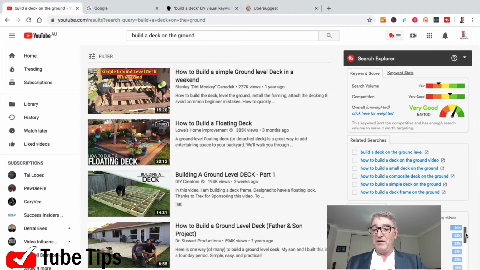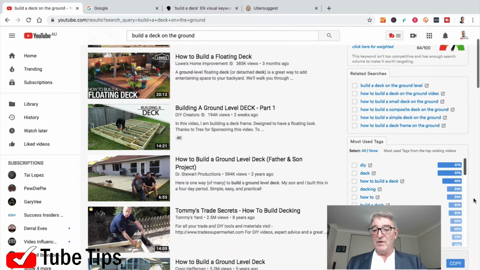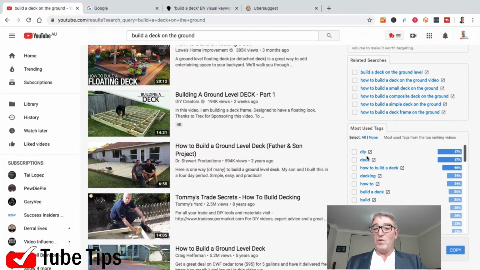Also down here in TubeBuddy, we have what the most used tags are for this "build a deck on the ground". So we can see here "do it yourself", "deck", "how to build a deck", "decking", "how to build a deck", "build". These are all tags which we can use. So what we want to do is we want to copy all these to a clipboard